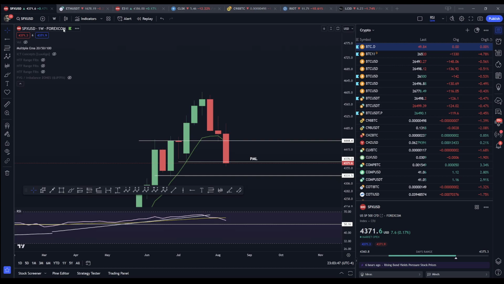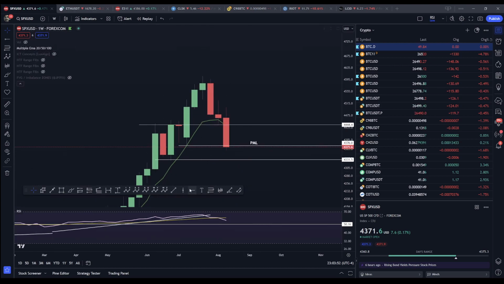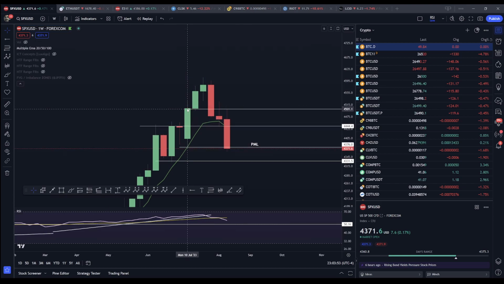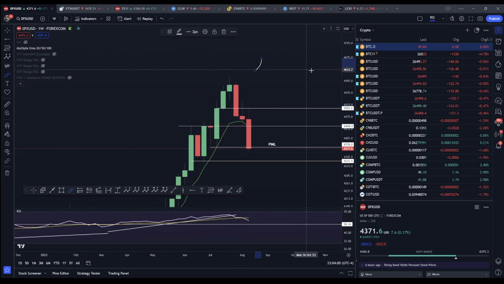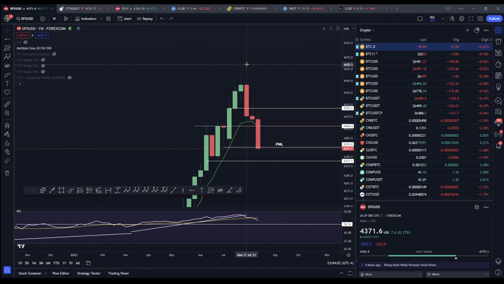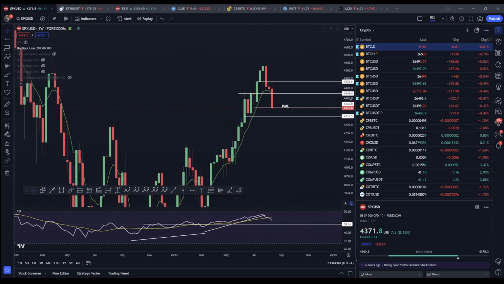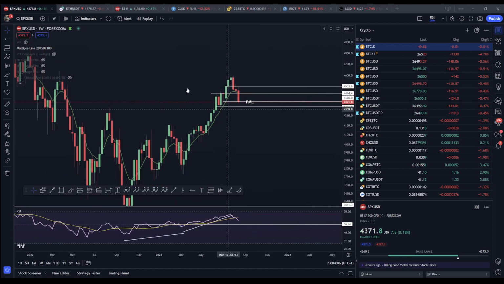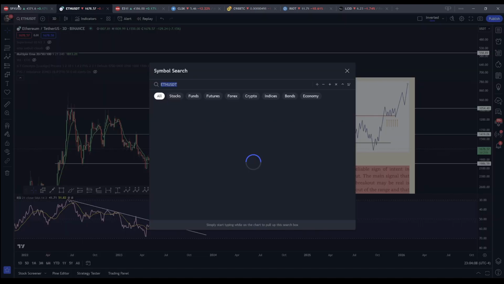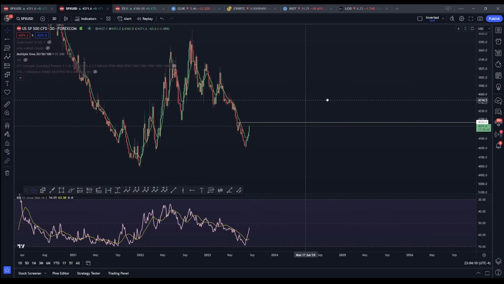Yeah, so we had a shift on the 1 week. Okay, so where's the shift? It's right here. That's the shift. Barely got any OTE. The only thing that would make me, well, I'll talk about the bullish scenario after I go over the bearish one. So just for your awareness,